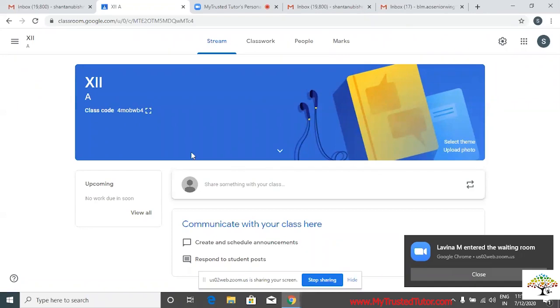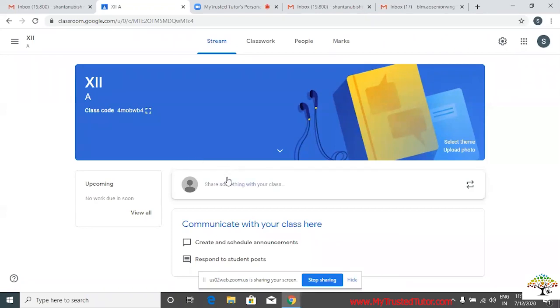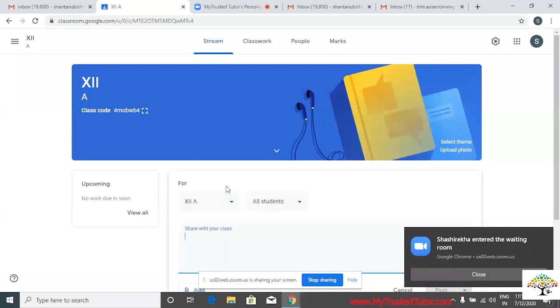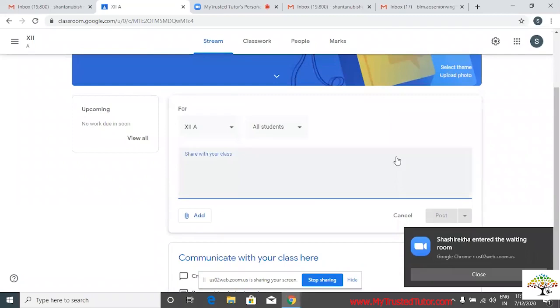So what you need to do, you need to click on the share something with your class option, which is just below your class name. And this will take you to this option.